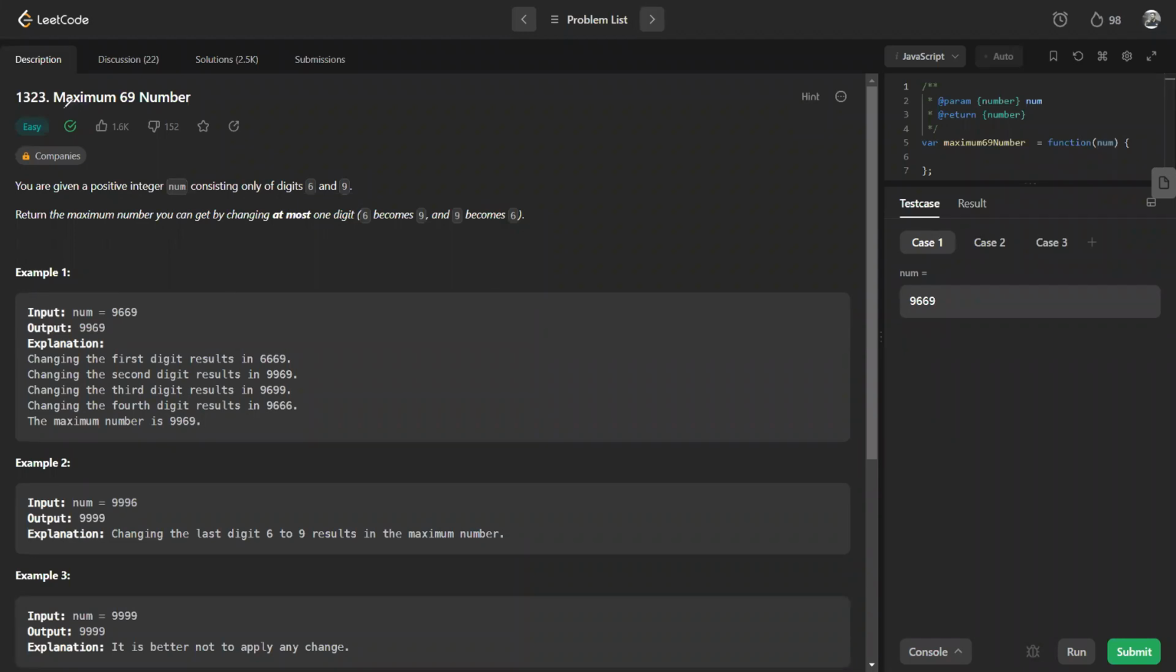In this video, we'll discuss another LeetCode problem. This is Maximum 69 Number. So this is an easy type problem and we'll understand how you can find the solution to this type of